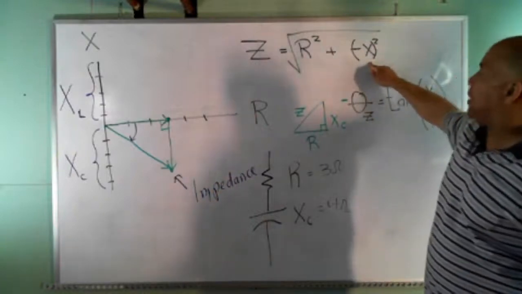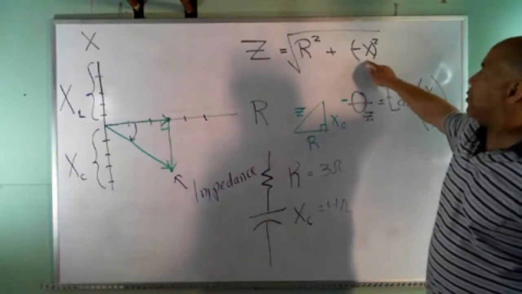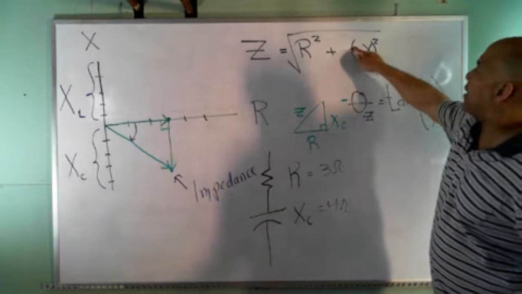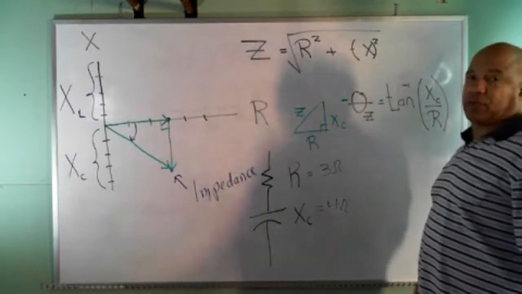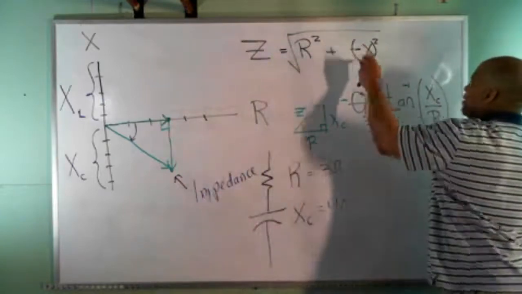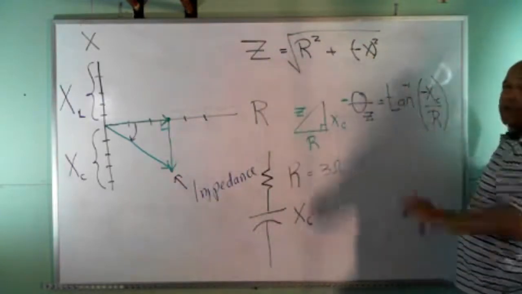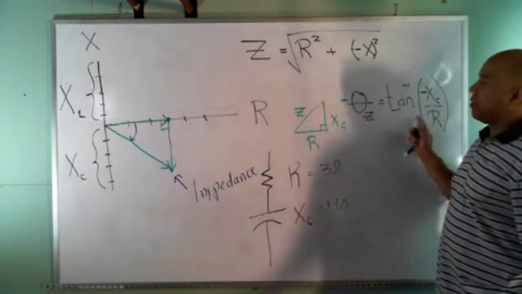But the problem is if you do that and you're working, you're under stress, you might forget that number is really negative. So if you write it as a positive, you might accidentally put a positive number down there, which is going to make that angle positive, which will give you the wrong answer. So I usually just stick that negative sign in there just so I remember to put it right there. But I want to explain where that negative sign came from and why